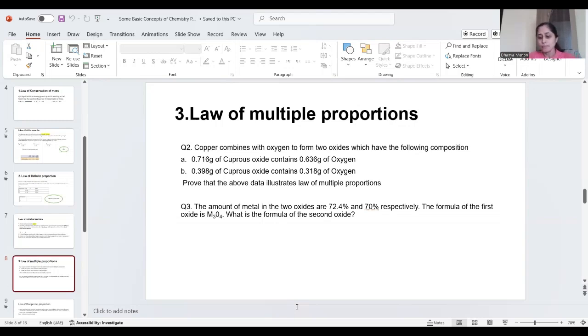Also, after completing one lesson, I will be discussing some NEET past paper questions. In between the lesson, a few NEET questions I will be discussing. Here, the amount of metal in the two oxides is